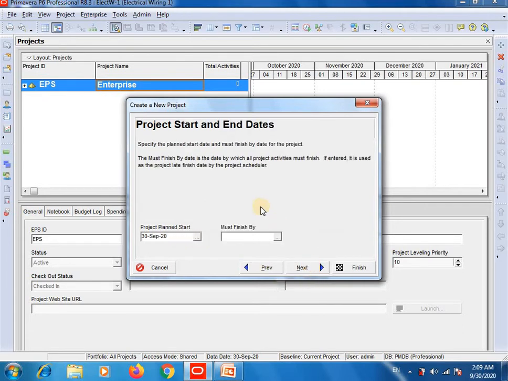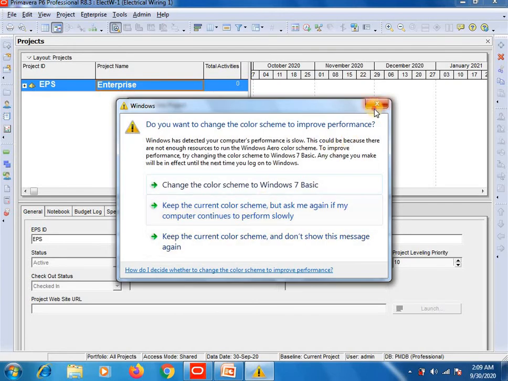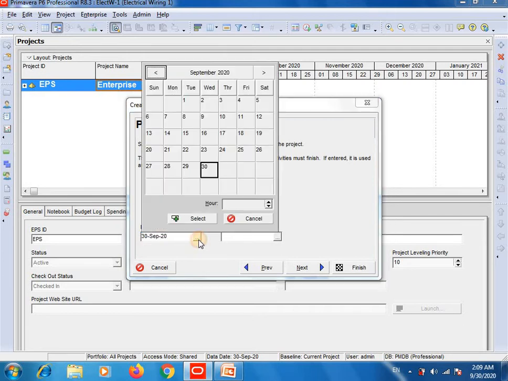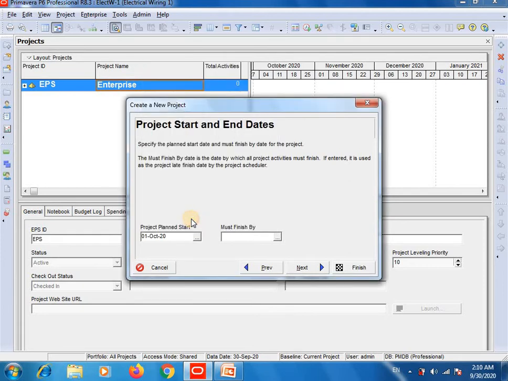Now this is the important stage, project start and end dates. So project planned start. As I told you, our project head just gave us the start date, that from 1st of October 2020 our project will be started. So select, today is 30th, so from 1st of October 2020 this is our project start date.